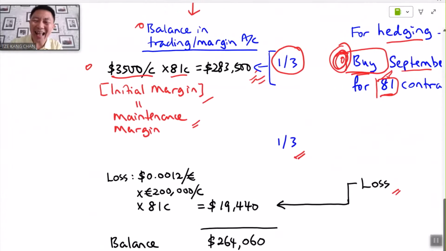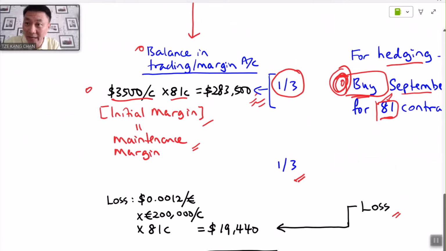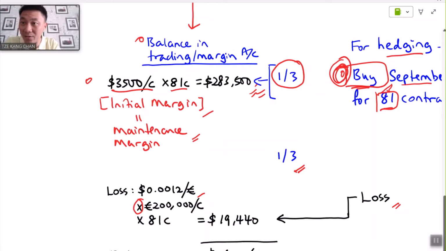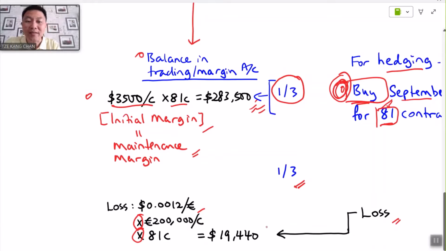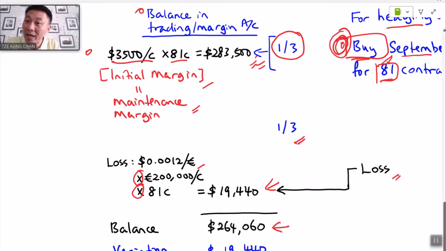These losses are then used to calculate the total amount of loss shown in the hedger's accounts. So, $0.0012 per euro is multiplied by the contract size of 200,000 euro per contract and by 81 contracts in total for trade. This gives rise to total losses of 19.44 thousand. As mentioned earlier, these losses reduce the balance in the trading or margin account from 283.5 thousand to now